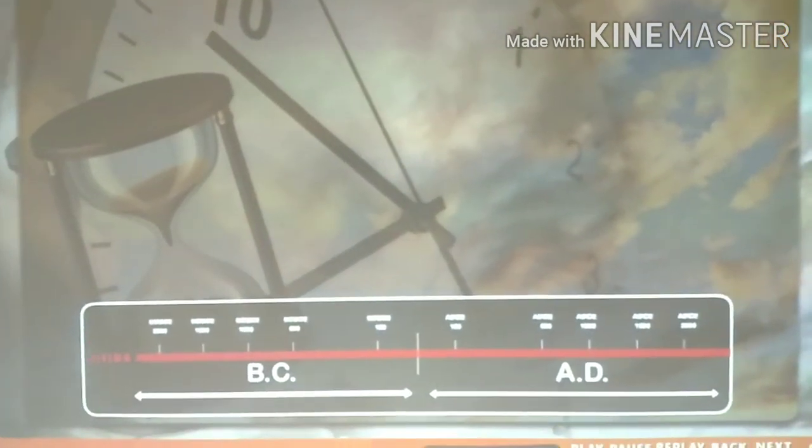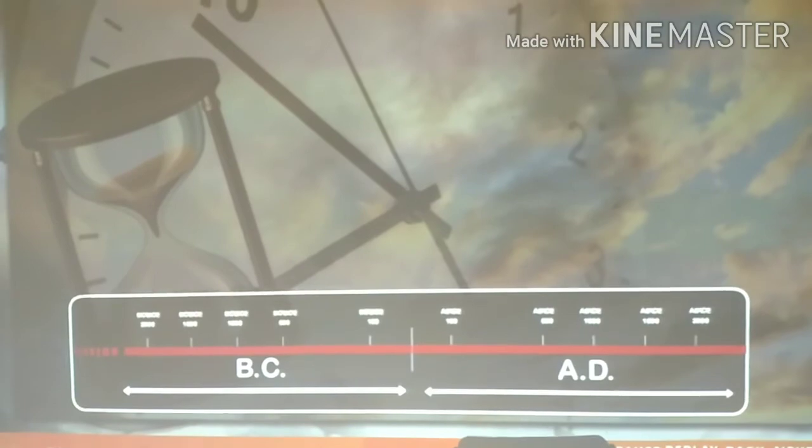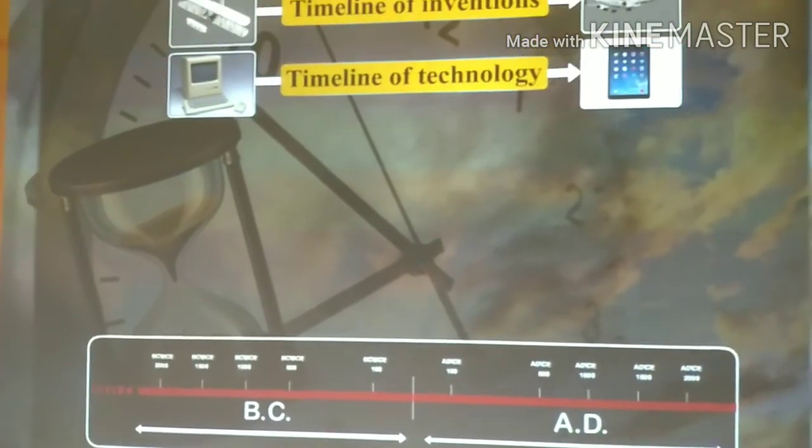Timelines are used for studying not just events of history but other aspects of life as well. For example, timeline of inventions, timeline of technology, timeline of